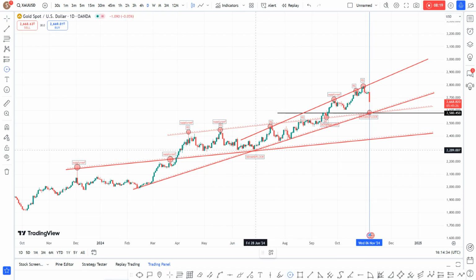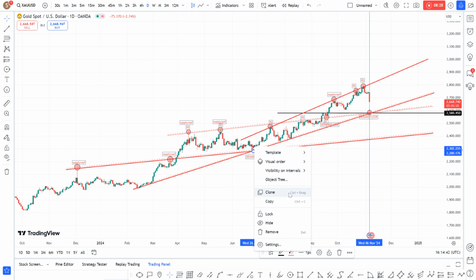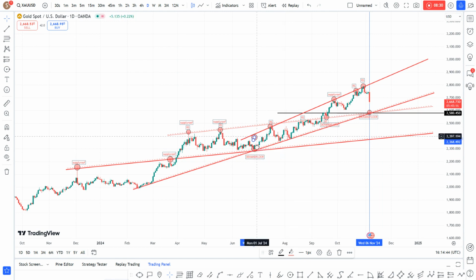Here we have multiple confluences bearing witness that 2580.450 is a sell, is a buy. We have more than three confluences bearing witness to that level. This is our trend line from February 2024. We have another touch in June 2024, another touch in July 2024, and another one in August, and the price will continue to drop until it comes to